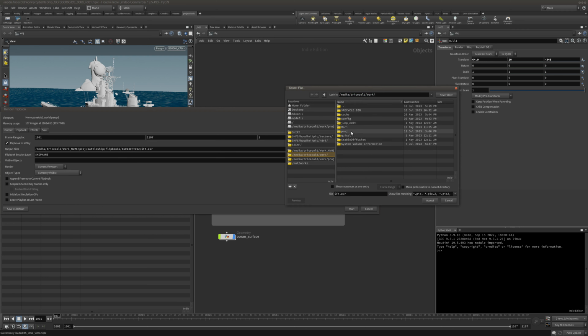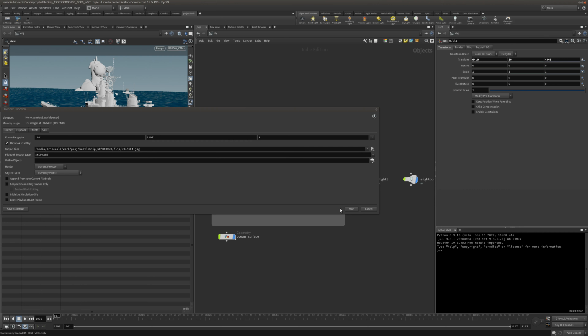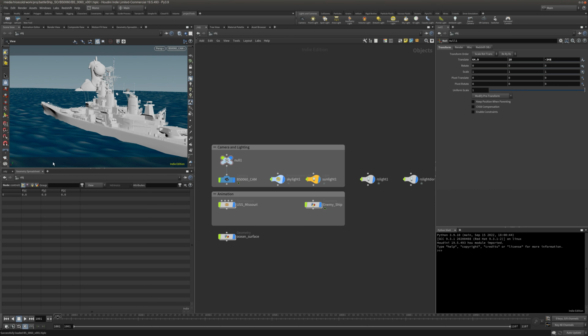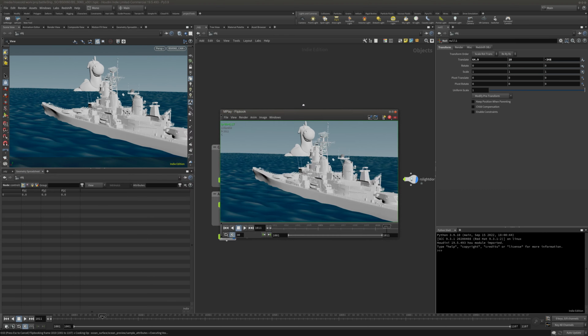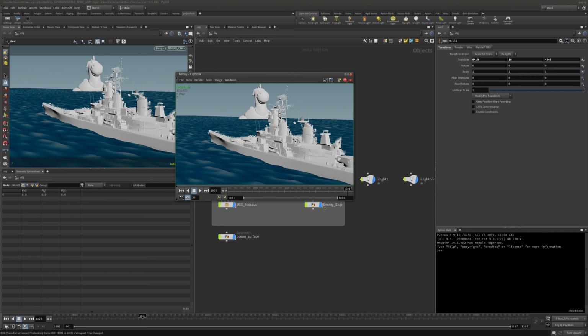Work project 60 flip V01 JPEG and go. Okay, while this is happening, we can go back to the first file